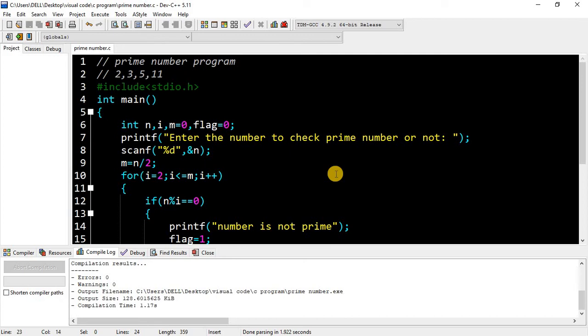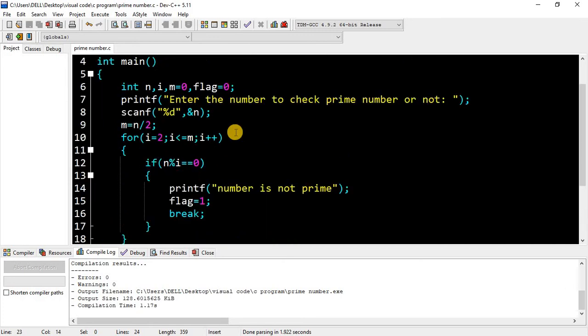Now I'm going to explain the program. As you know, the main function is very important in C language, because without the main function the compiler will not execute your program. Here there are data types and these are all variables: n, m and flag. Here printf is used to display what you saw in the run box, enter the number to check prime number or not, and scanf is used to read the value.